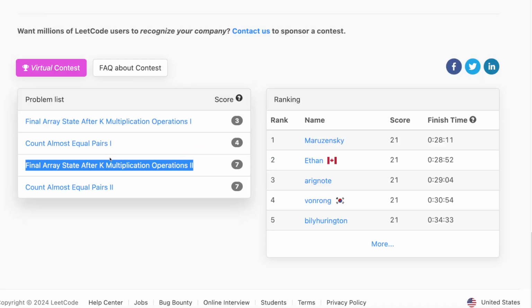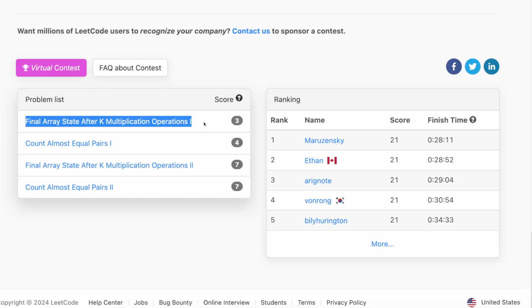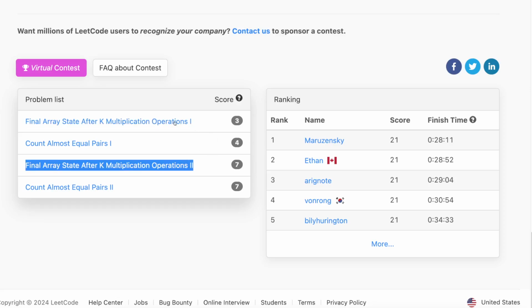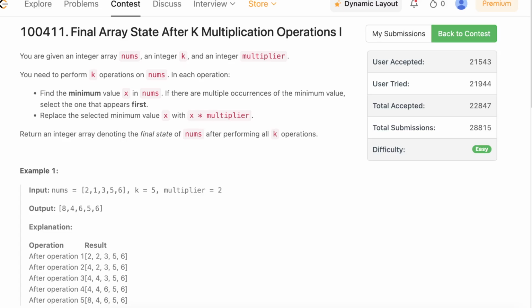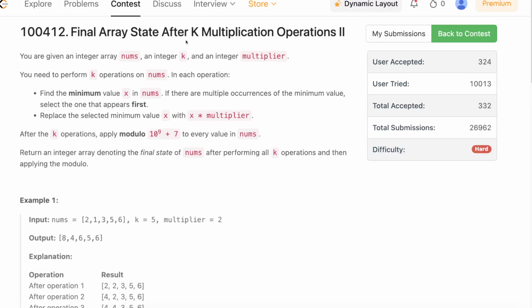Hello everyone, welcome back. In this video, we'll be discussing the first and the third problem of today's weekly contest, Final Array State After K Multiplication Operations 1 and Final Array State After K Multiplication Operations 2. Both the problems are exactly equal, the only difference lies in the constraint, and because of the constraint, the second